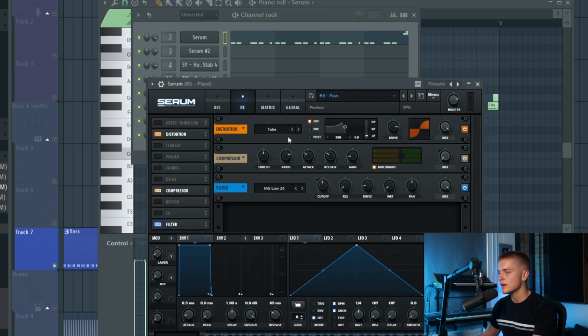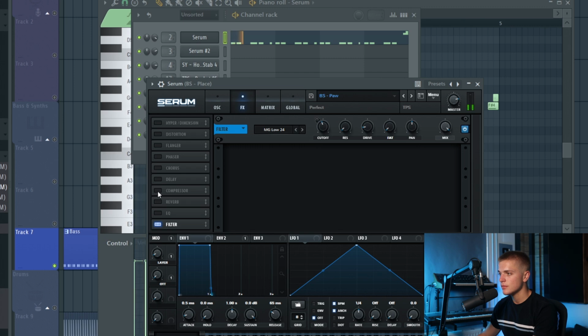And then next up there is some tube distortion, a multiband compressor, and some filtering once again. The distortion and the multiband compression just add these harmonics that you would miss if you don't add it, and it just makes the sound a bit more fat. So if I turn it off,